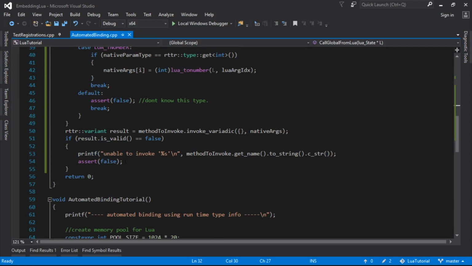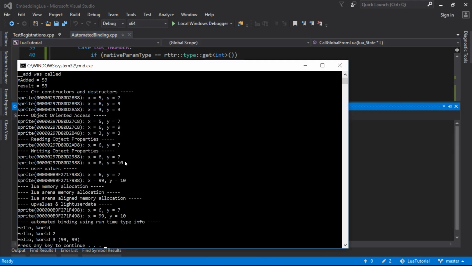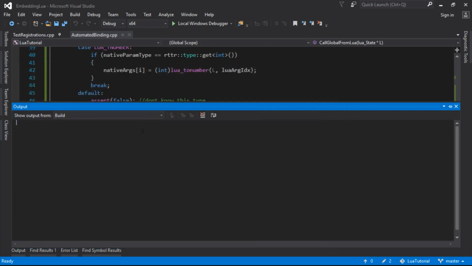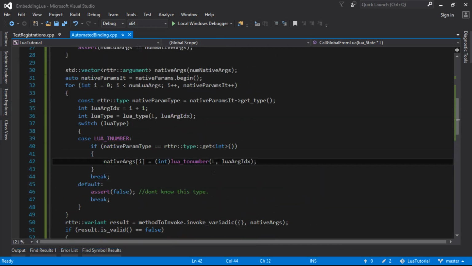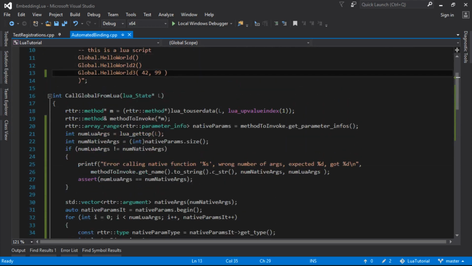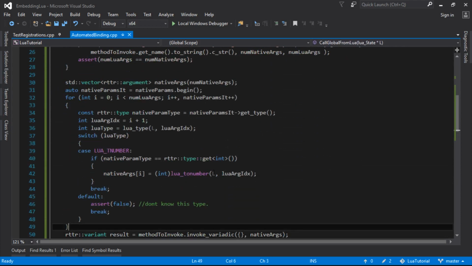I'll just run it and we'll see what happens. So it's actually called the function now. It looks like we have passed the parameters along, but interestingly, you'll see instead of it getting 42.99, we've got 99.99, and that might be a little bit confusing. It's like, well, did we do something wrong in our loop? What happened here? If you look up here, we actually called it with 42.99. The problem is that